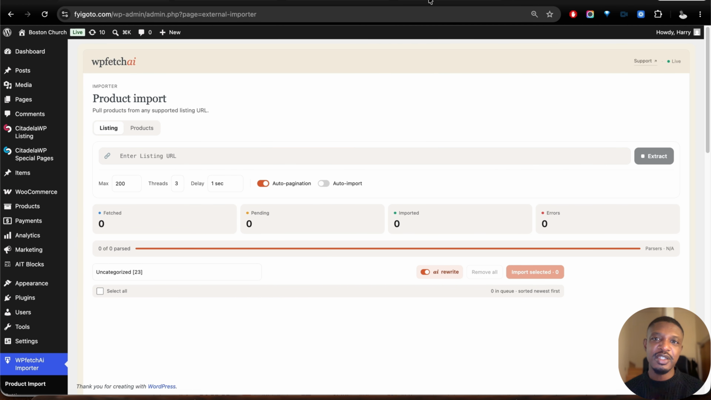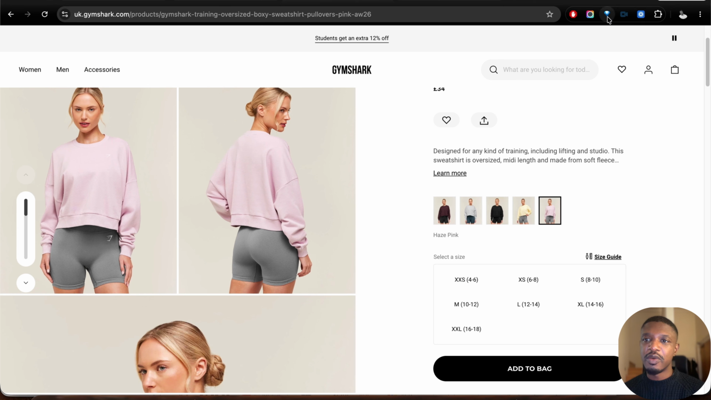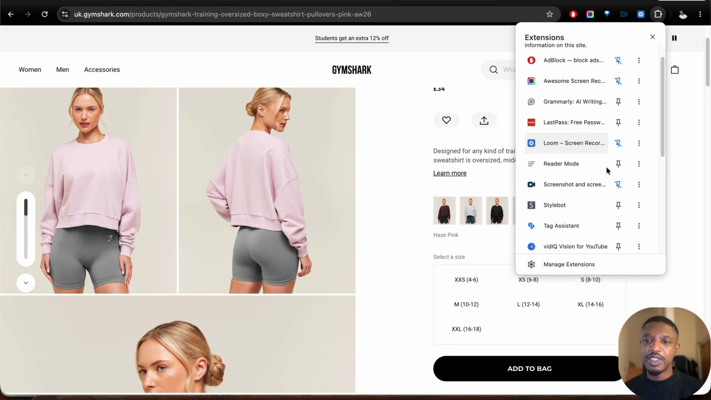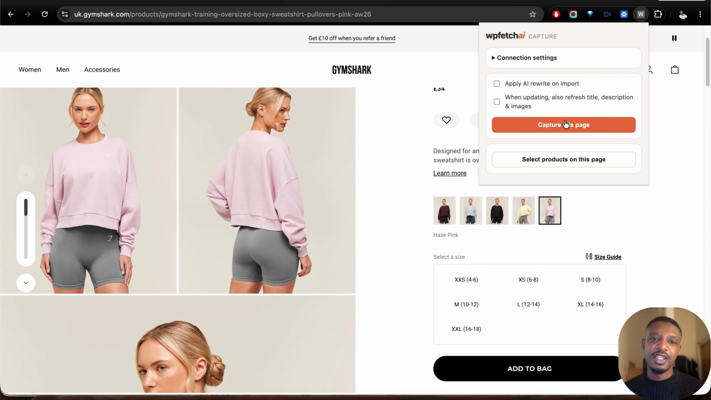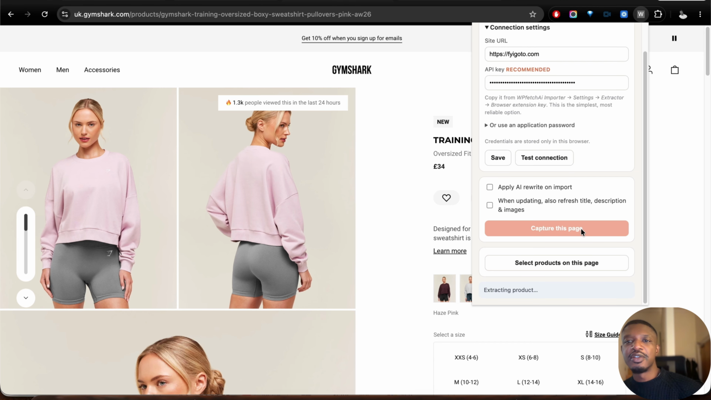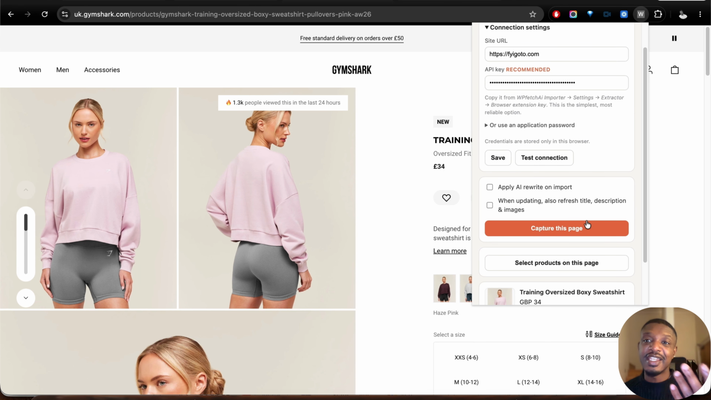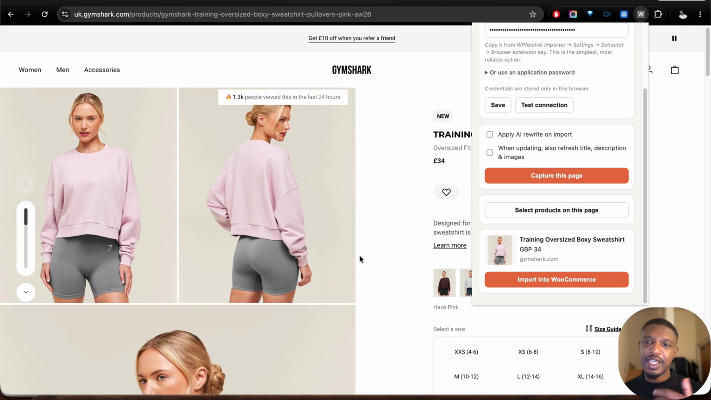If you choose the Plus plan, then you'll get access to the Chrome extension. So for example, whilst we're over here, we can click on our Chrome extension, and then we'll see WPFetch AI capture here, and we can capture this product and import it directly into our website. The extension is particularly useful in the event a product is behind a gated website, meaning you have to enter a password or some sort of bot verification. Then the Chrome extension makes more sense, as it's able to capture all the data that you're seeing on the